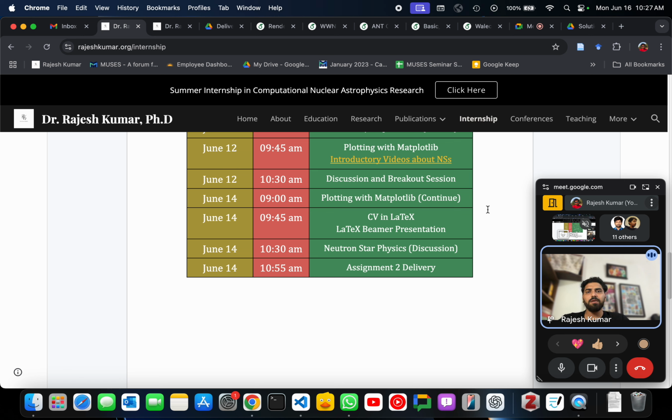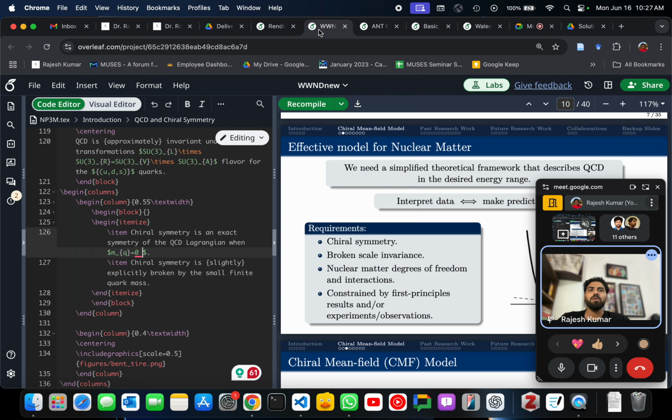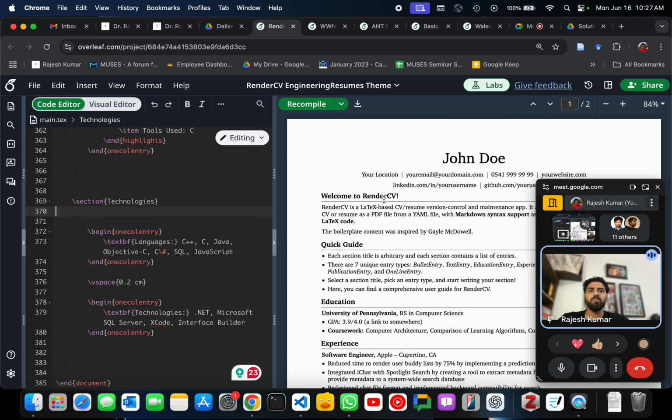Before that, CV in LaTeX is for everyone. They can relate to it. Okay, let's start with CV in LaTeX. I have discussed comparing word processors with LaTeX output and all those things, so I am not going to do that. Okay. So, the only thing I can say just for a start,